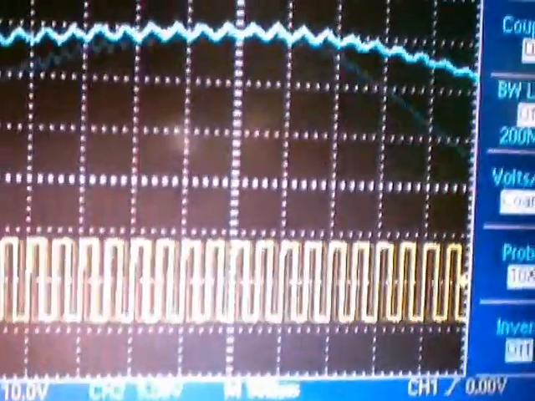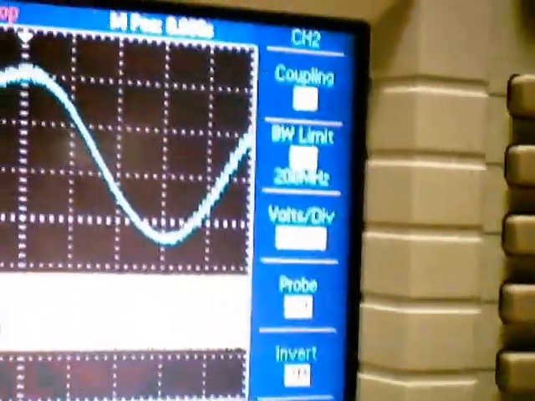When I increase the carrier frequency, the timing between the two pulses will be very less. So you will not be giving sufficient time for the capacitor to charge and discharge. That's why it is not discharging to a very great extent. That's why the amplitude of the ripple is reduced.